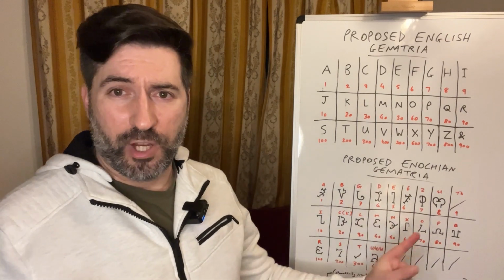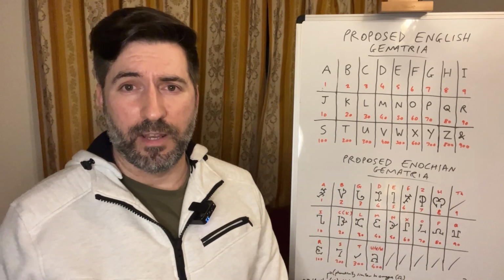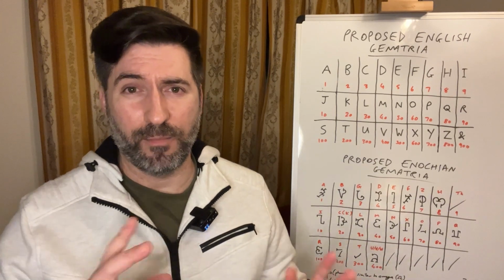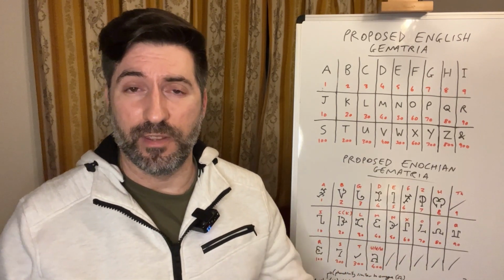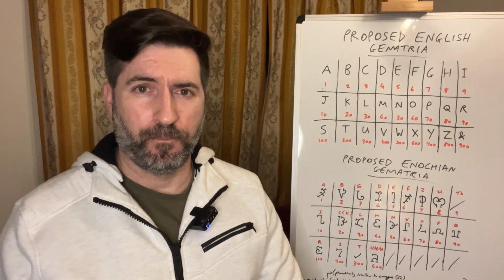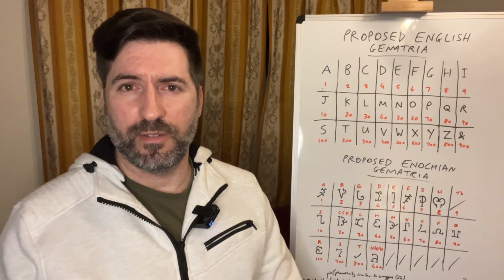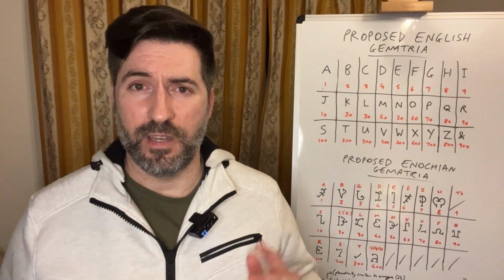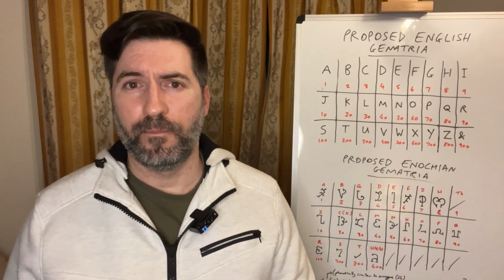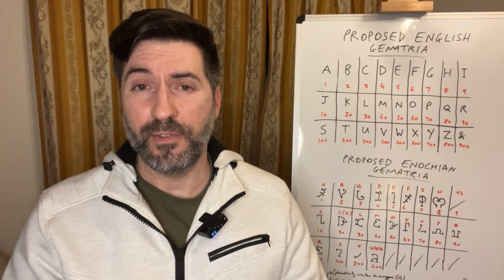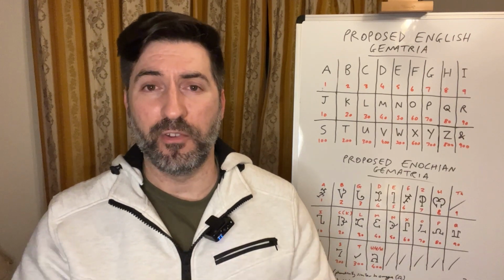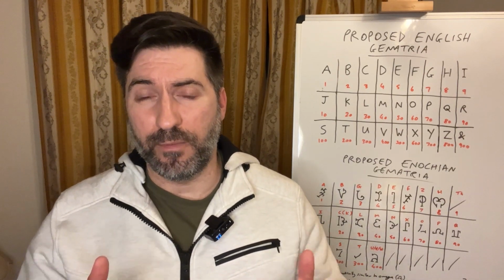And if you look at the shapes of the Enochian letters, there are some similarities to the shapes of Phoenician letters in the Phoenician alphabet. So it looks like there's a lot of similarities between the Enochian alphabet and early alphabets that were more ancient than Hebrew or Greek and gave rise to them. And this becomes really fascinating when you